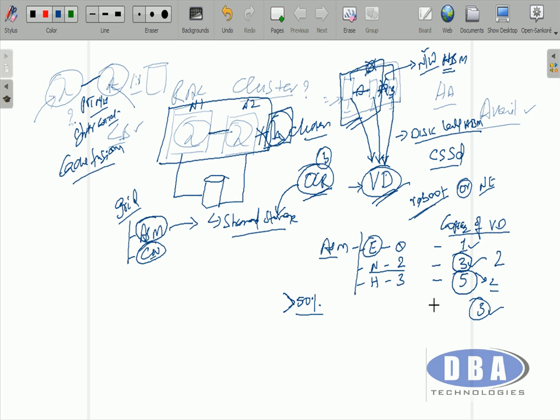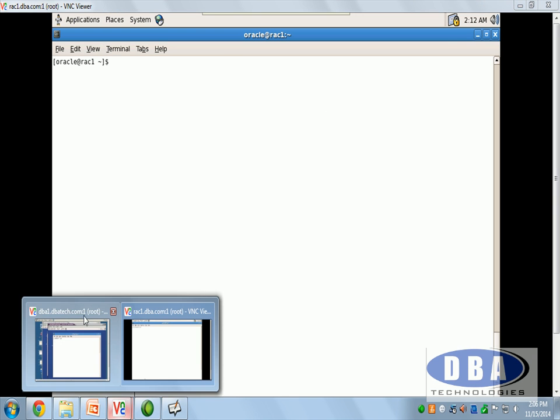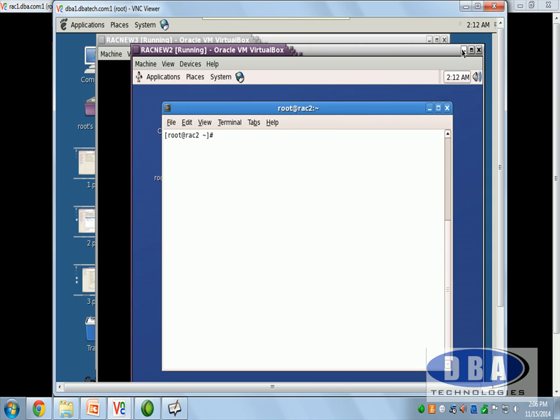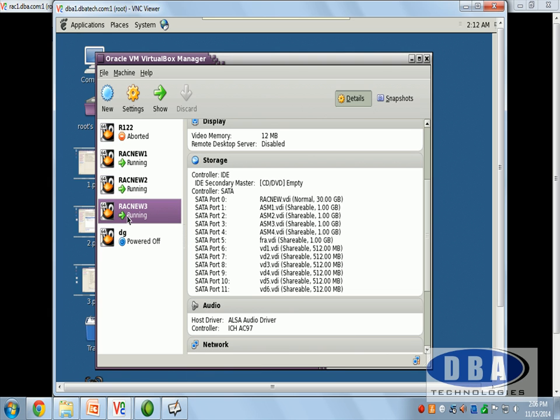So I hope this gives some idea, but seeing is believing. So let us see on a system how it is going to work for us. Okay, let's see. I have a 3 node cluster here. So I have rack 1, rack 2 and rack 3. It's up and running now. I just made a bunch of disks over here to play with. What we do is create one disk group with 2 disks, and another disk group which is normal with 3 disks. Right now, where is the voting disk? Right now it is on disk 1, which is external.